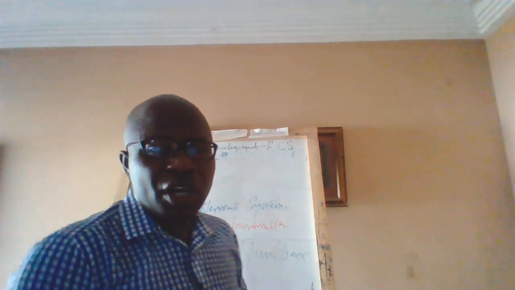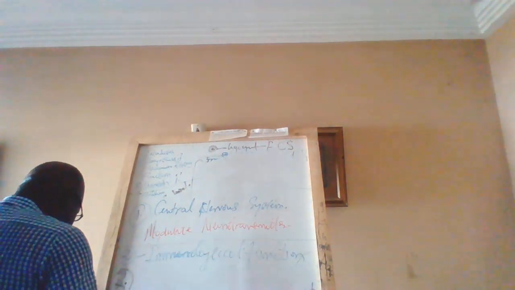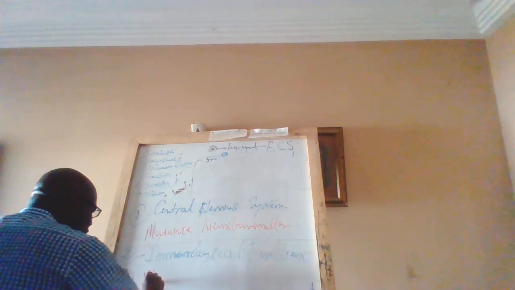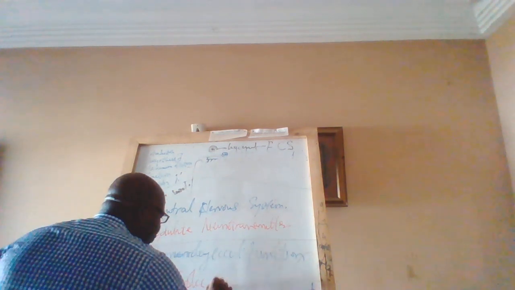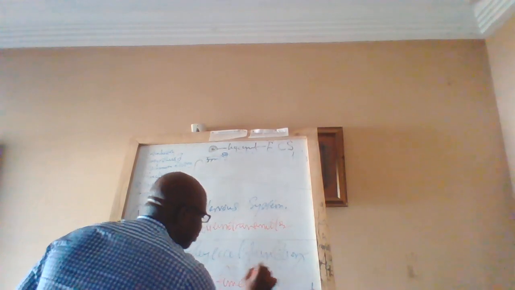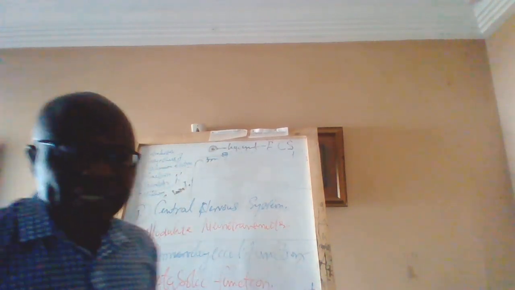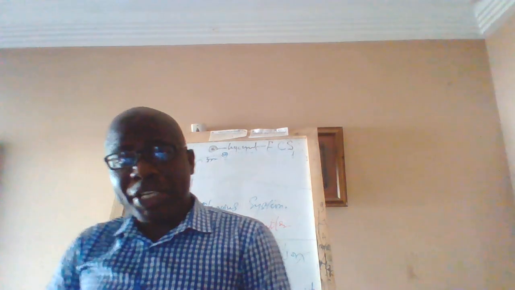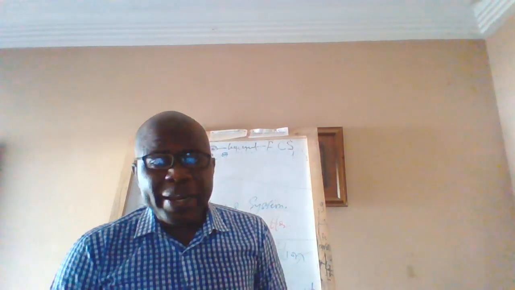Another function of the endocannabinoid system is that they regulate the metabolic function in our body system. Metabolic function. And when we mean the metabolic function, we're just talking about the ability of the endocannabinoid system to regulate the metabolic activities of the food intake. And basically in the body system,